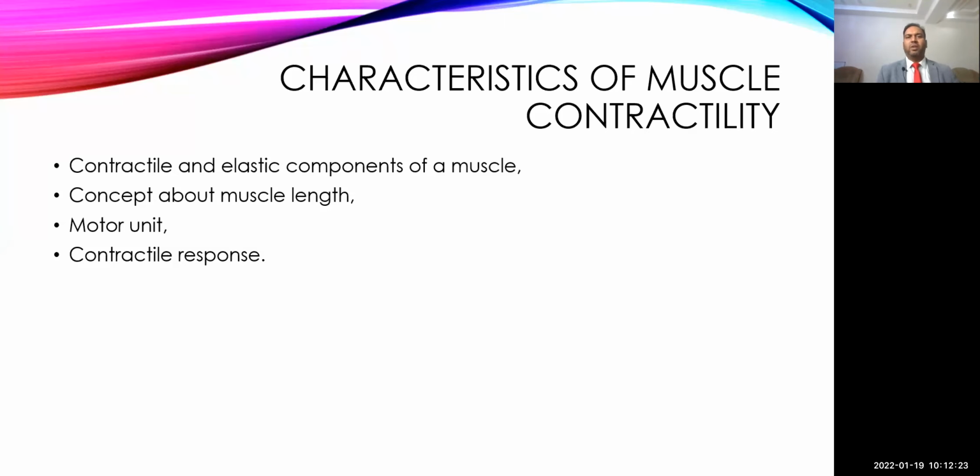So last lecture we talked about the skeletal muscle mechanism, its contraction, excitation-contraction coupling. So today we'll start with